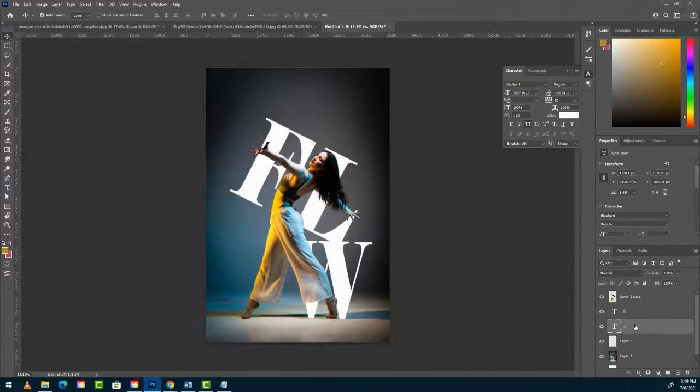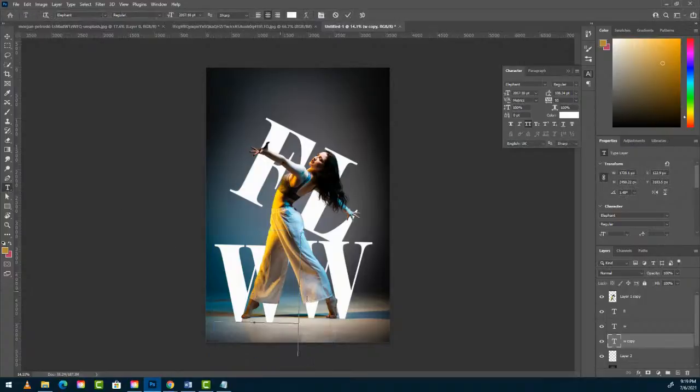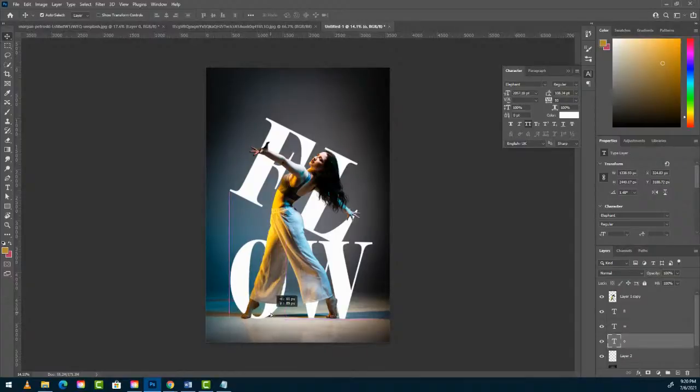And I want this O here, because I want the O to kind of look like her leg is kind of flowing through there. All right. So now that we have this, let's go ahead and put a